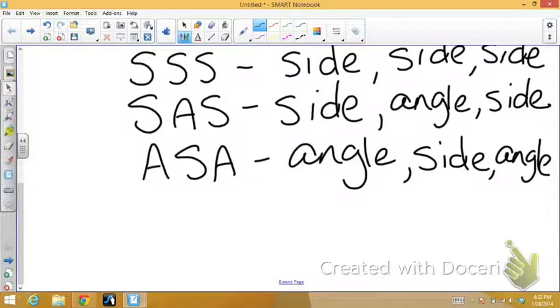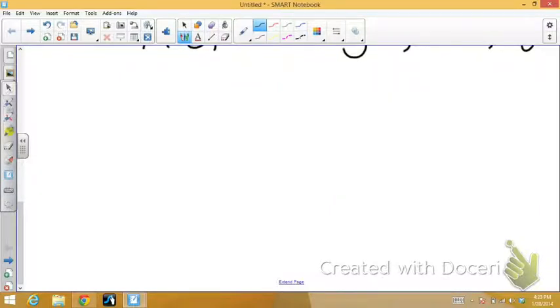So if I was given 2 triangles and I wanted to know whether these 2 triangles were congruent or not, then I could use these 3 pieces of information. If those 2 triangles had 3 sides that were exactly the same, then the entire thing is congruent. Then all 6 pieces are congruent, not just those 3. Or if I had side, angle, side, if I have triangles where we have 2 sides the same and then they share a common angle, then the entire 6 pieces are the same. For example,